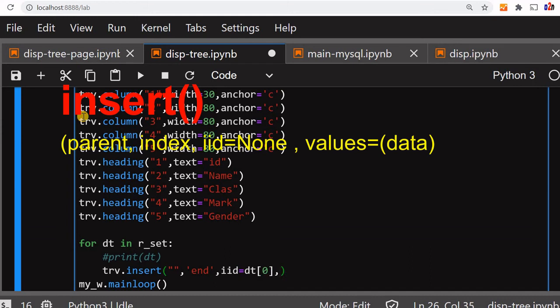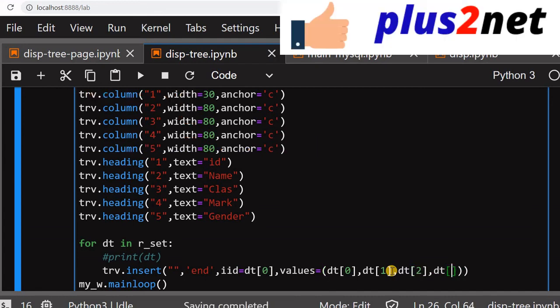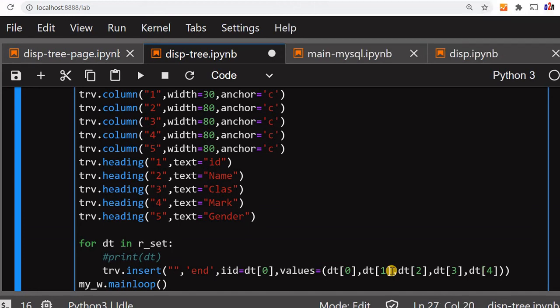Now the values will be taken; values is a tuple again. So values equal to, here the value is dt, first is dt[0], the ID. Next will be dt[1]. dt is here, inside the for loop, and we have declared dt[1]. Then we'll say dt[2]. Again dt[3] and dt[4]. It starts from 0, so there are 5 columns, and it goes up to dt[4].